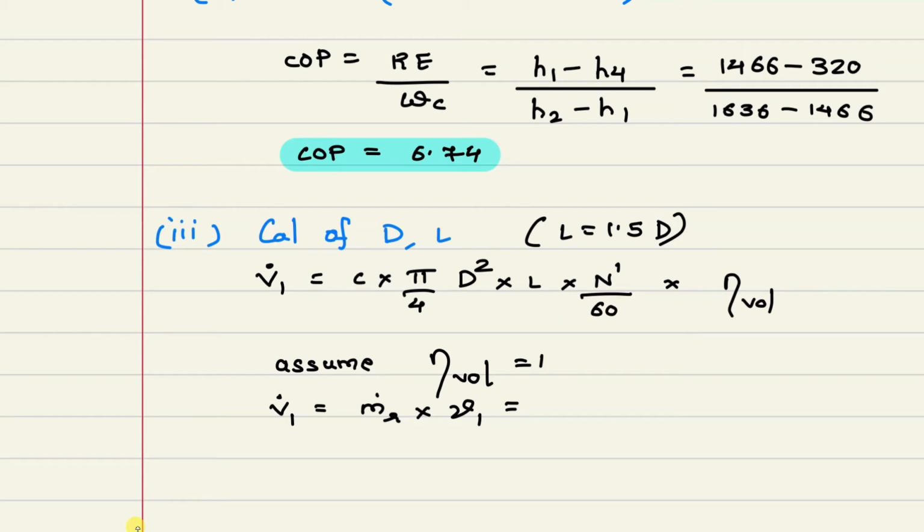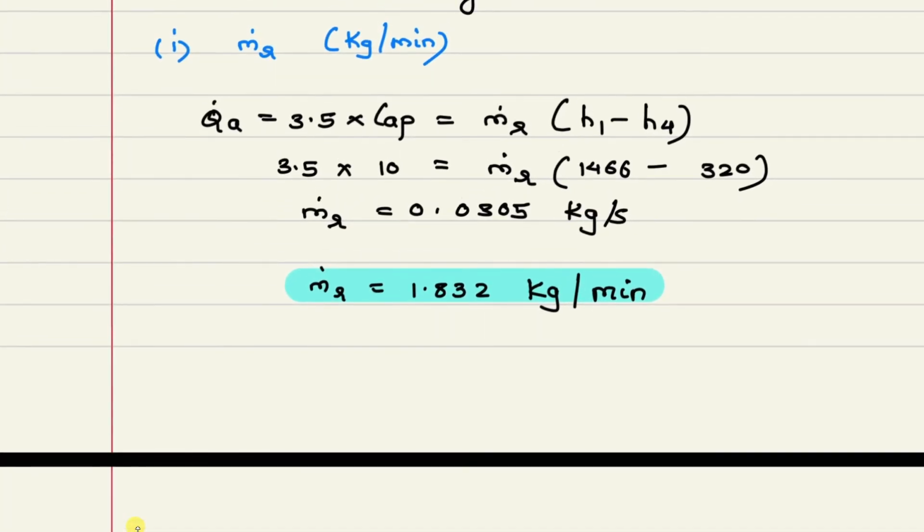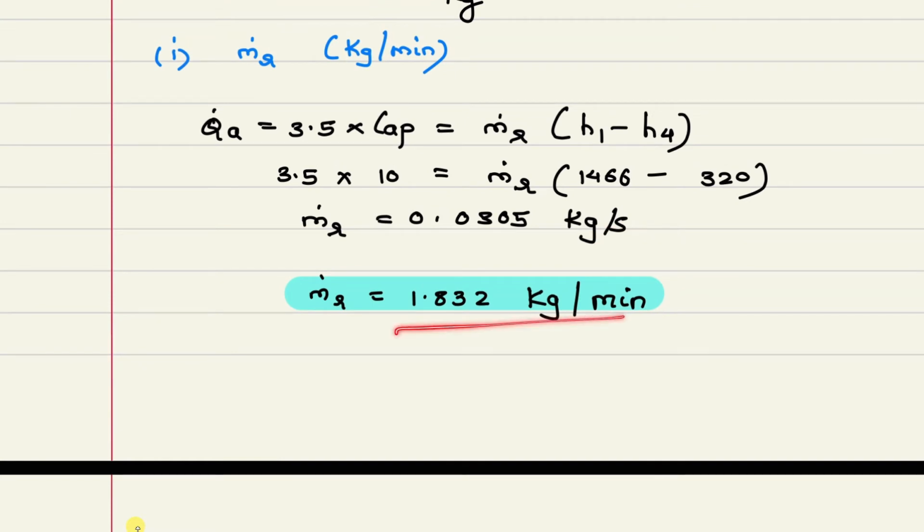Okay, so this left hand side value, it should be meter cube per second. It should not be meter cube per minute. So when you are calculating V dot 1, this mass flow rate of refrigerant, it should be kg per second. Okay, so I'll show you the unit part. So mass flow rate, it should be in kg per second, and specific volume, it should be in meter cube per kg. So that finally unit is meter cube per second on left hand side. Okay, so be careful when you are solving this. So mass flow rate of refrigerant, we have to take the value in kg per second. Be careful. Don't take this kg per minute.